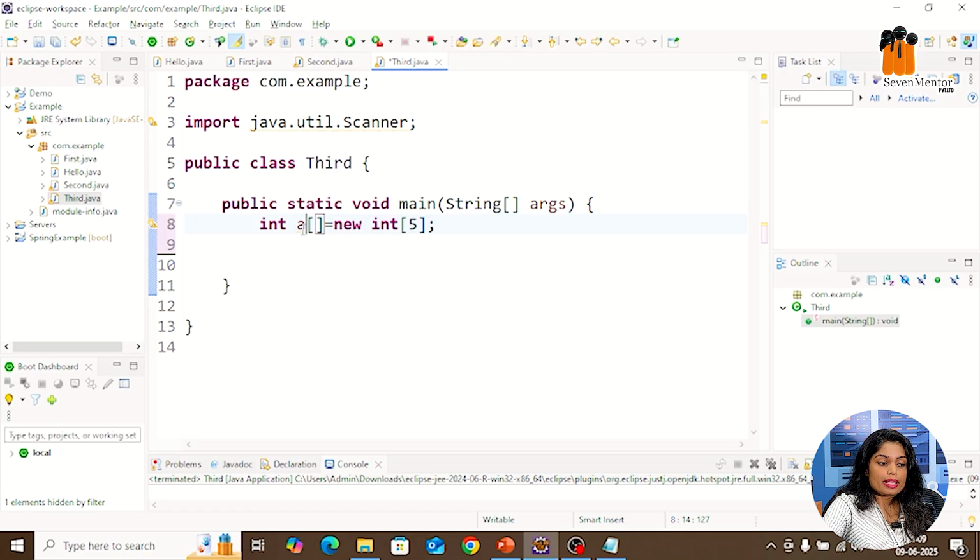A is my array name, and then there is an empty square bracket which is just to initialize the values. New is basically the keyword. So array is an object. That's why we are using int as a data type here. And then in the square bracket we are initializing the size 5. So every element, we are just going to initialize 5 elements, and every element will be only of the integer type. So that's how you can declare your one-dimensional array.